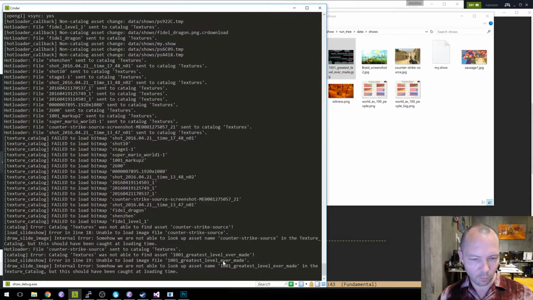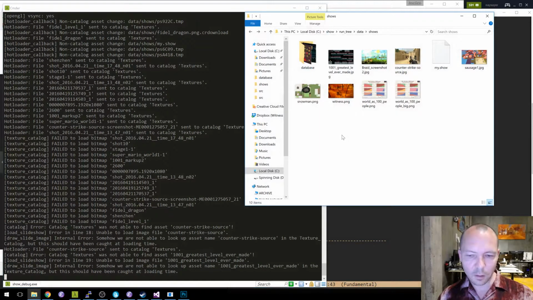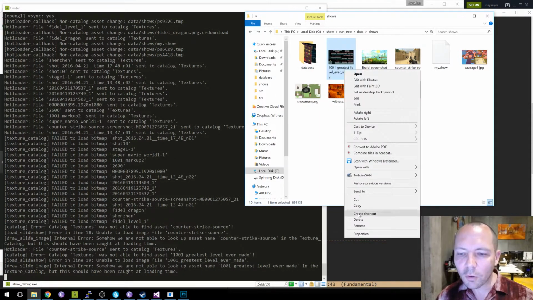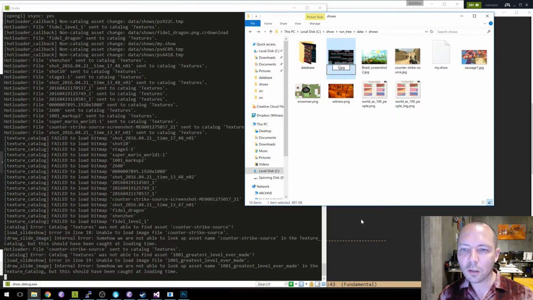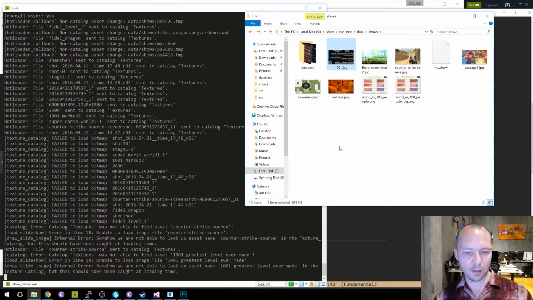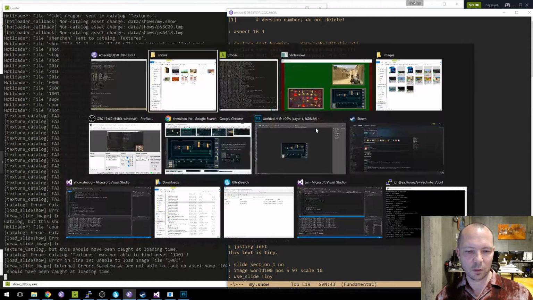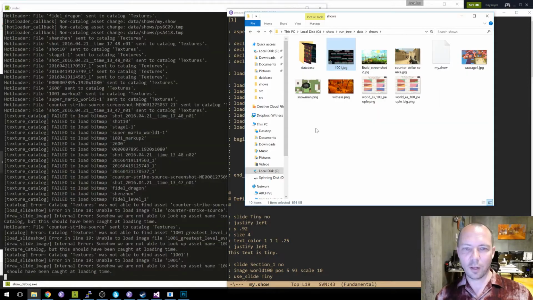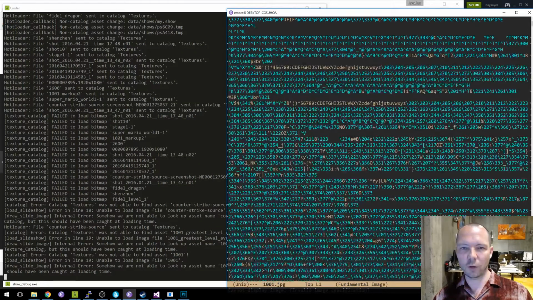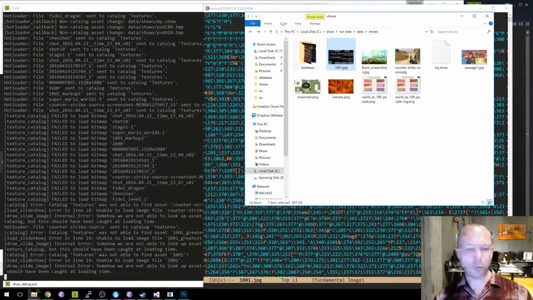Greatest level ever made. Really? Maybe it's not a JPEG. That's possible. I bet it's not a JPEG, and just people are looking at the magic numbers and we're not. No, it is a JPEG. That's what JFIF means. What's going on? Why can't we load it?